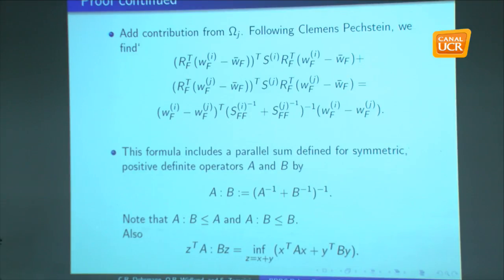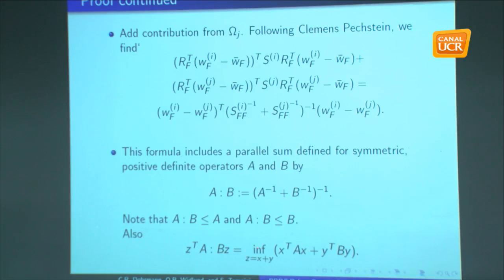And the parallel sum of two positive definite operators is simply defined. We write it with a colon. It's defined by this, just like here, okay? And we note that this parallel sum is obviously bounded by A and by B. And also there is an interesting formula worth knowing about,